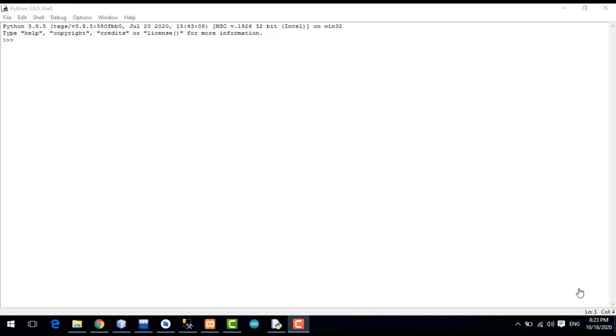In today's lecture, we will discuss casting. Casting means converting a value from one data type to another, as we use in other programming languages like Java